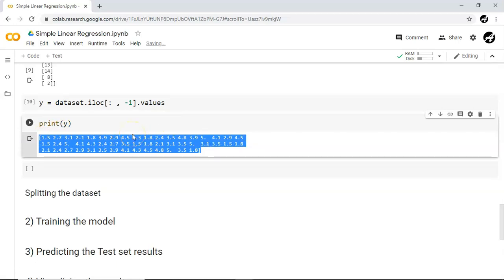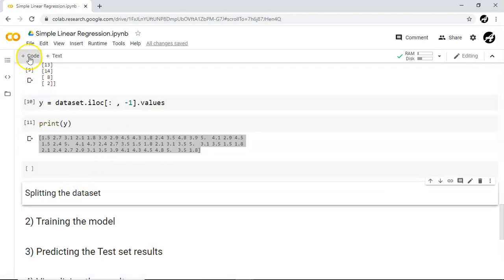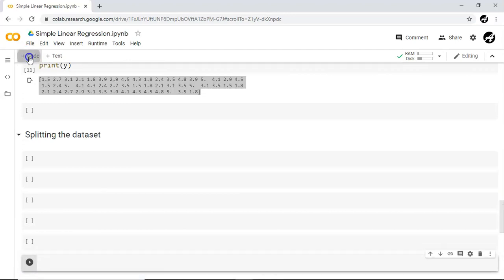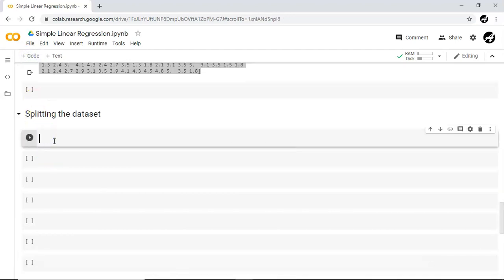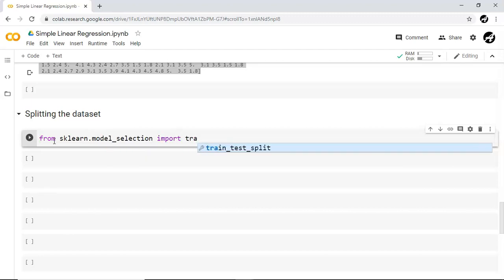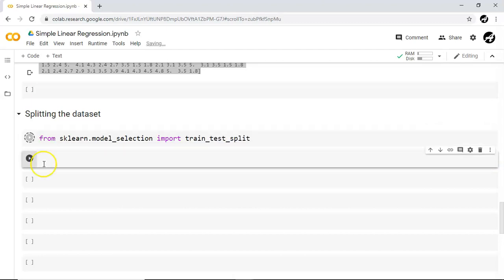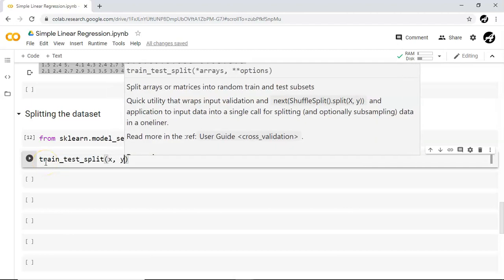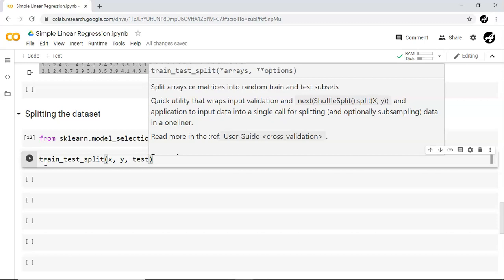Alright, so now we have the data available in input variable X and output variable Y. Next thing is we want to split this dataset into a training dataset and a testing dataset. So from sklearn.model_selection, we are going to import train_test_split, and let me call it with X first, then Y, and let's apply some test size.